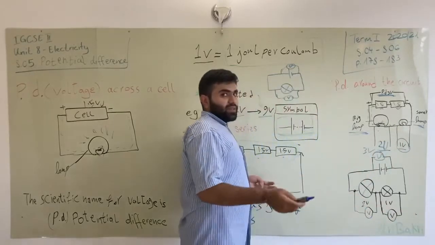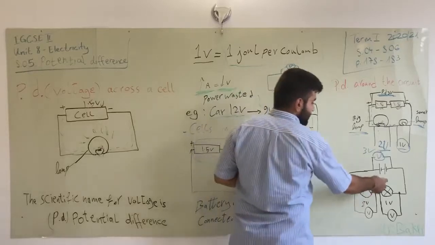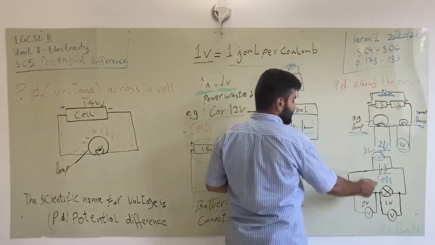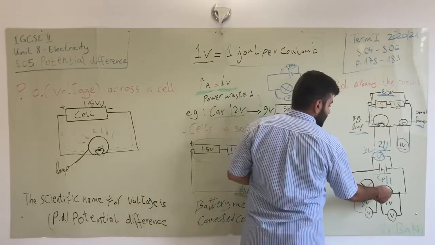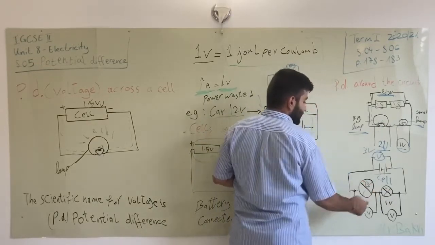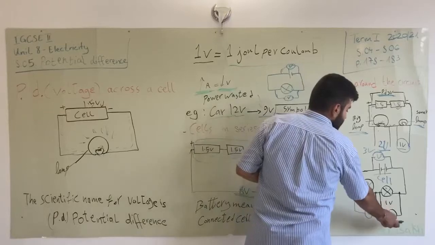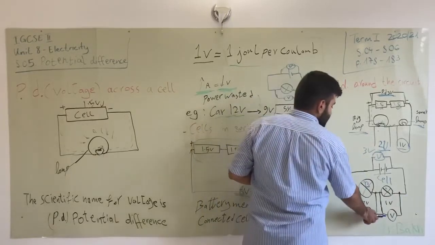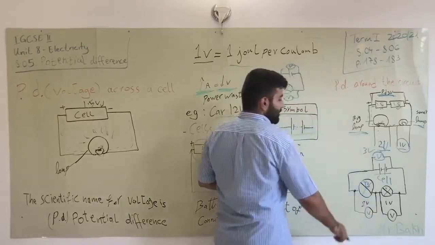So how are we going to draw this in symbols? As we can see here, here's the cell. Here the 3 volt. Here's the first small lamp, and this is the big lamp. So if we put the voltmeter here, it will be 1 volt, and if we put the voltmeter here, it will be